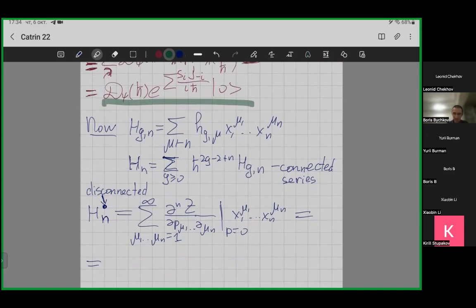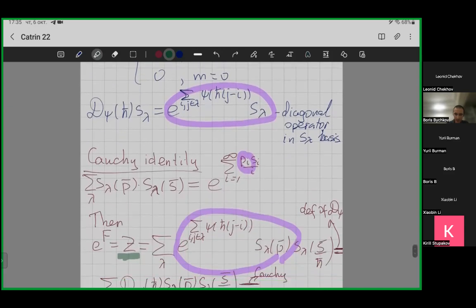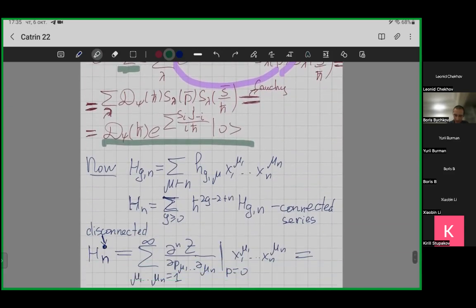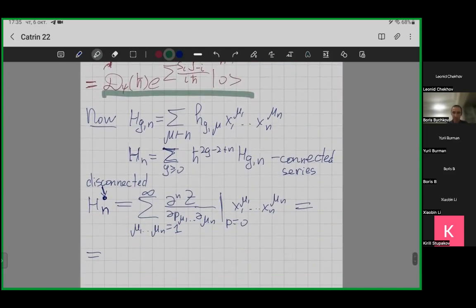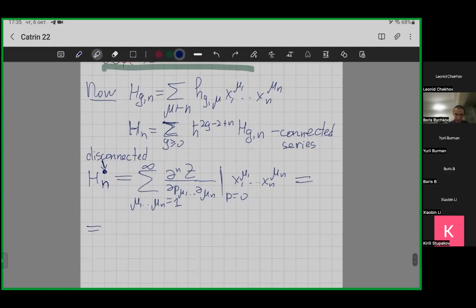So what does it mean? It means that we apply these j operators with positive indices, and then taking the co-vacuum vector, taking this linear function of this series, I can rewrite it